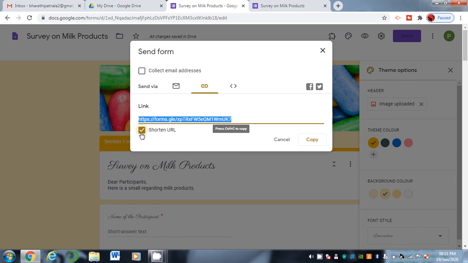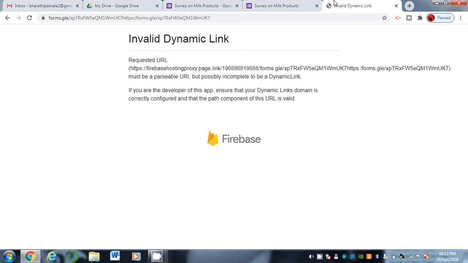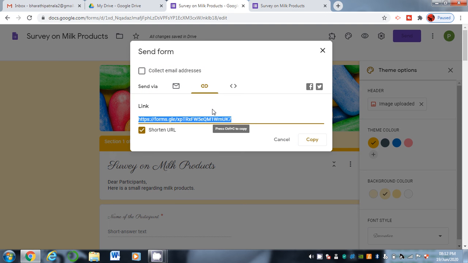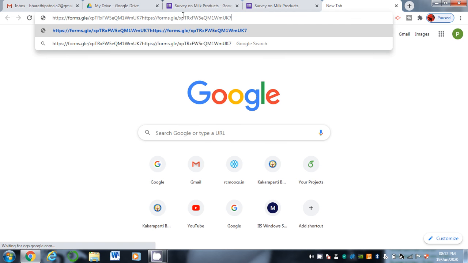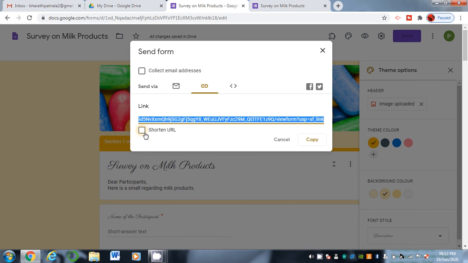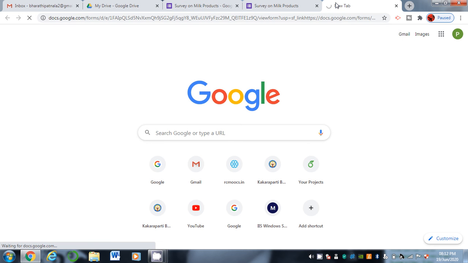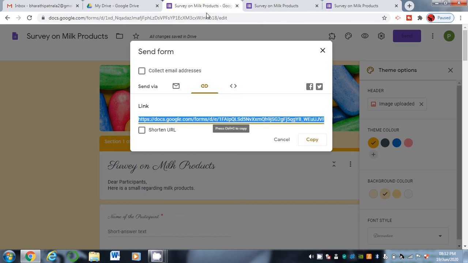Automatically it will be shortened, and copy the URL and paste it somewhere. Sometimes the shortened links are not working properly. Okay, so you can copy and send it.